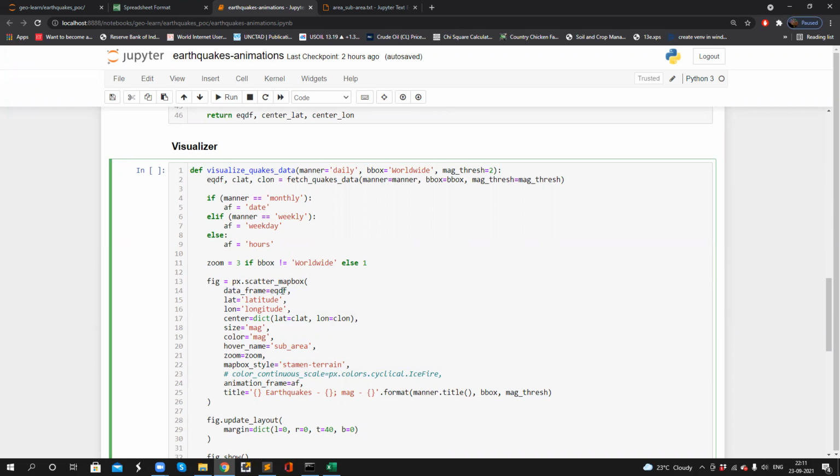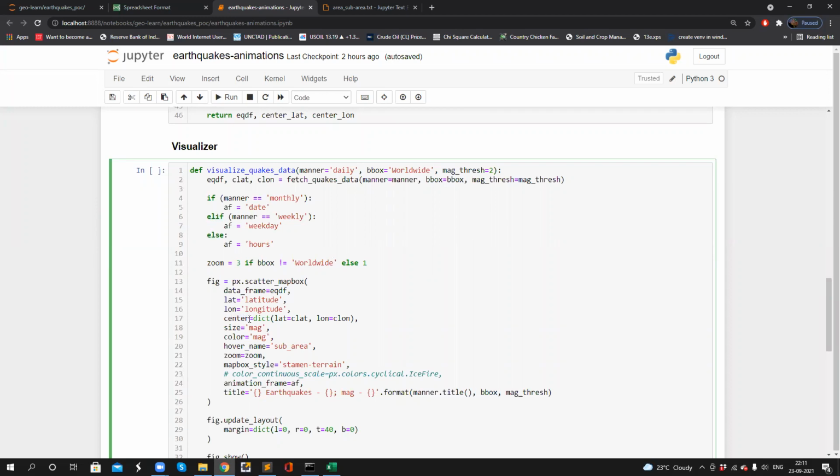Later on, to visualize data on the map, we must have coordinate values, right? That's what these two are. Lat equals latitude, lon equals longitude. Once we have this, we also must have the origin where we want to open the map. That's why we have center.